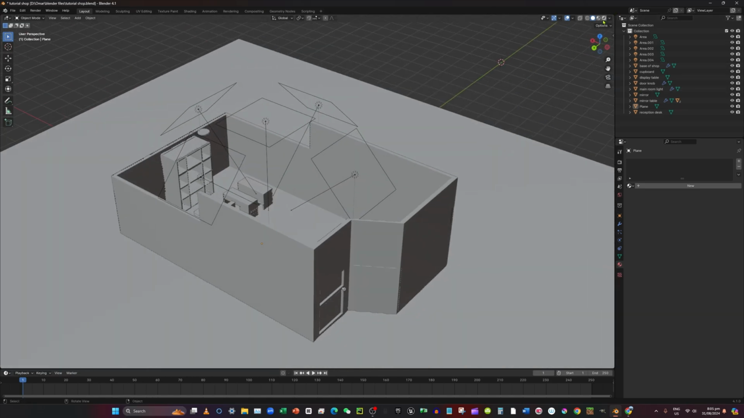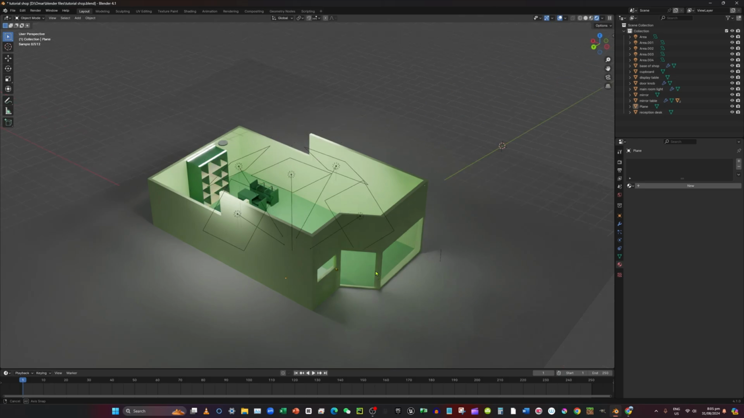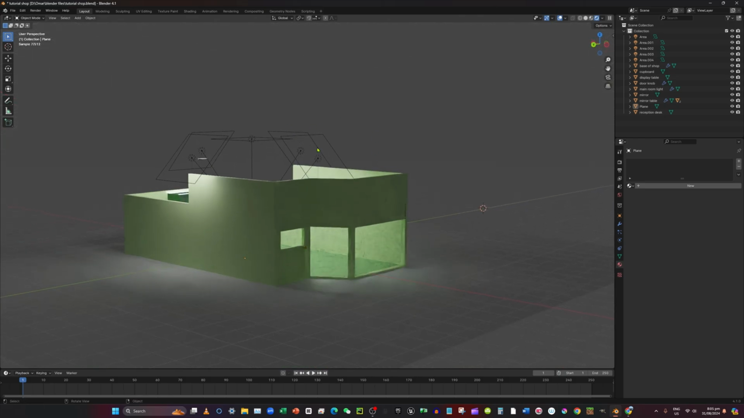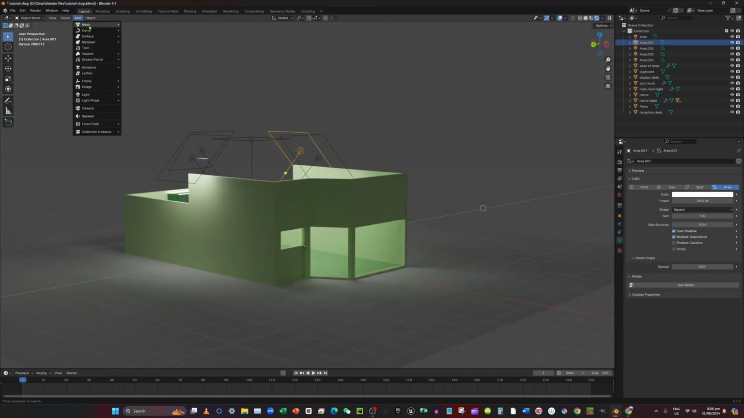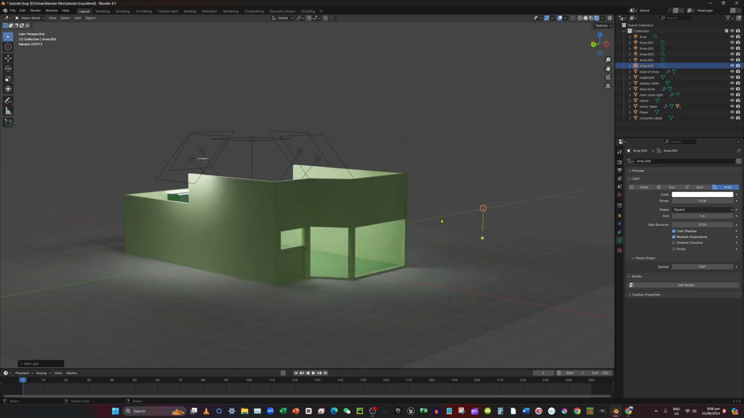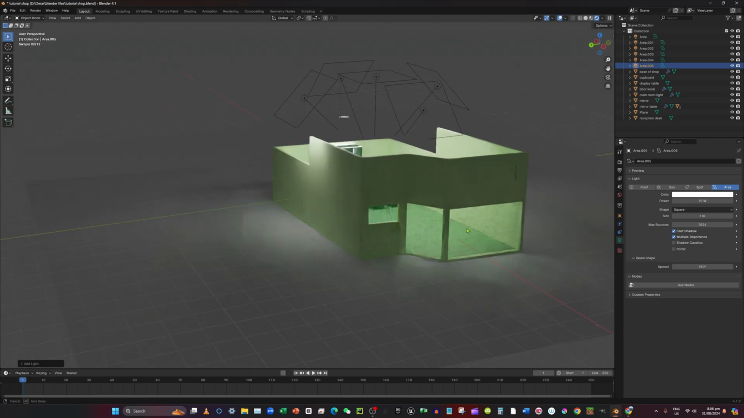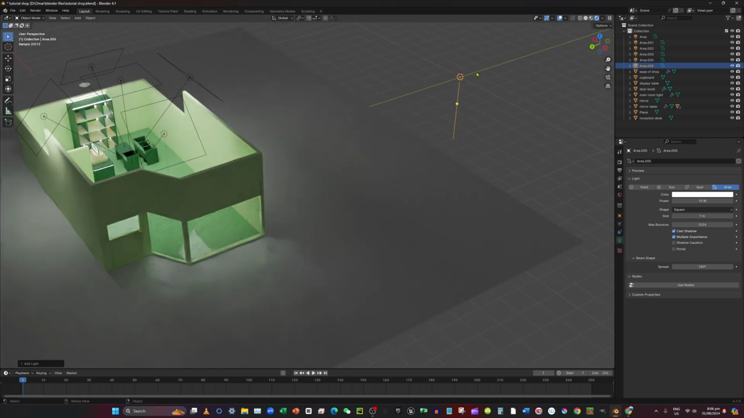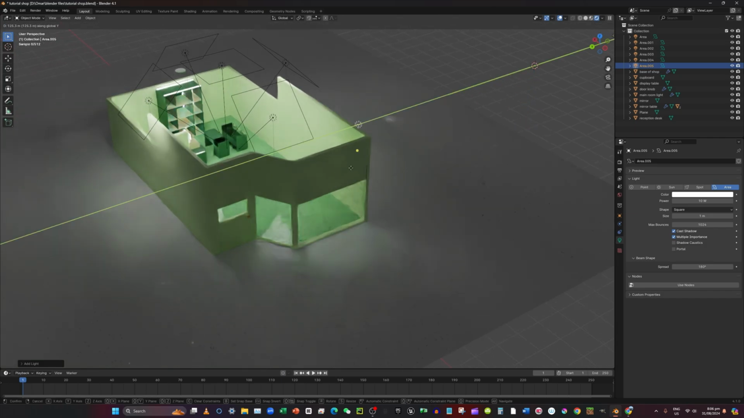So what we want to do is, if you go to render mode, you can see the front side of the shop is really dark. So we want to add a few more lights. You can go to Add, or press Shift A, then go to Light and click Area, and it's all the way over there because our cursor is set there. So if we move back here,